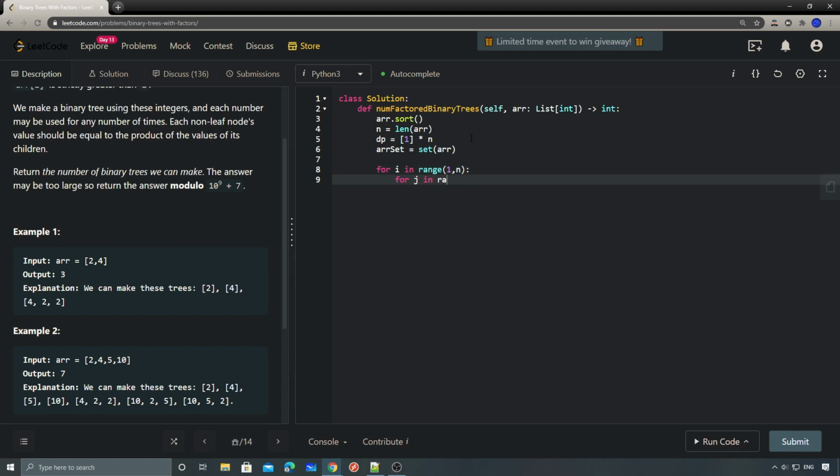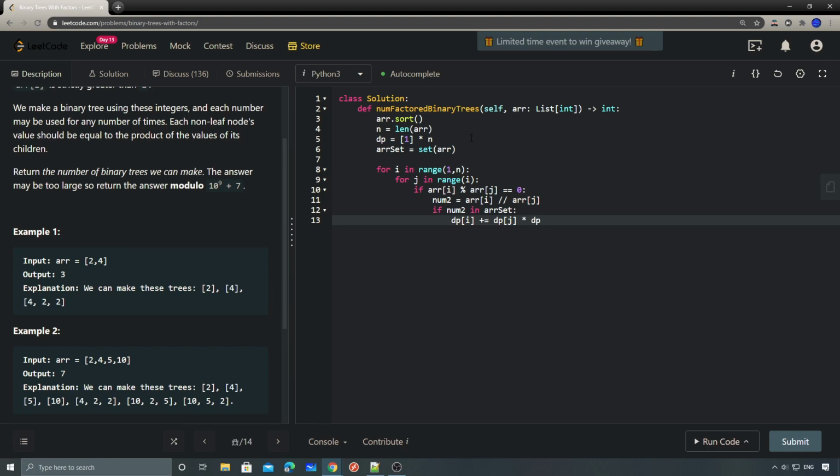We do a for j in range I, right? Basically, if the array I, so if that's the I number, can be divided by, is divisible by this array of j, then I get this number 2, right? So assuming we have this number 2 here, then we have array I modular by array j, and then I check if this number 2 is in this array set. Then I do dp I plus dpj,